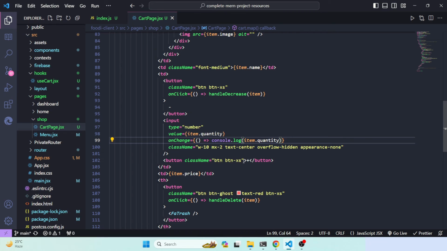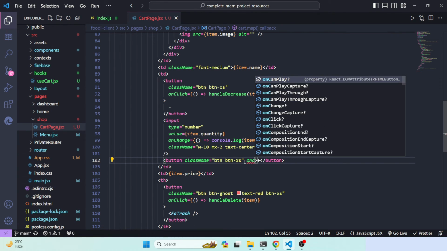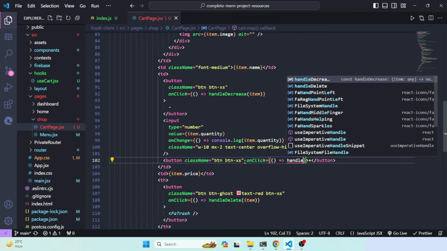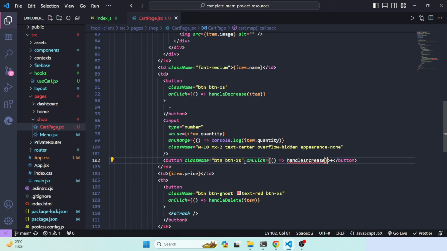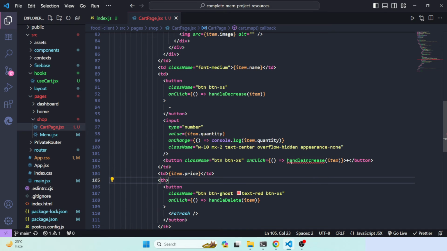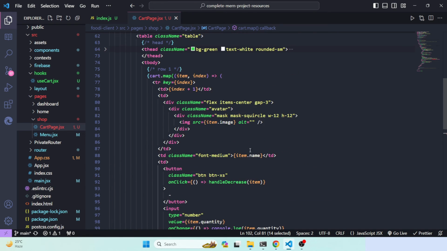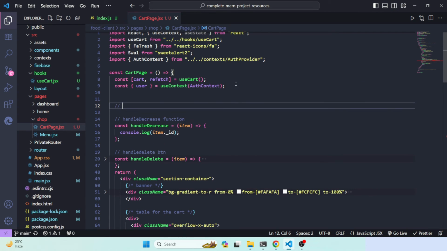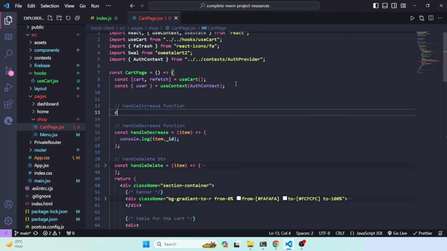We will also define a handle click here. So we will define an onClick field, and it will obviously be an anonymous function, and here it will have handleIncrease, and it will also pass an item. Okay, now you can just copy this and go at the top. Above this handleDecrease, we will define the handleIncrease function, and then we will define